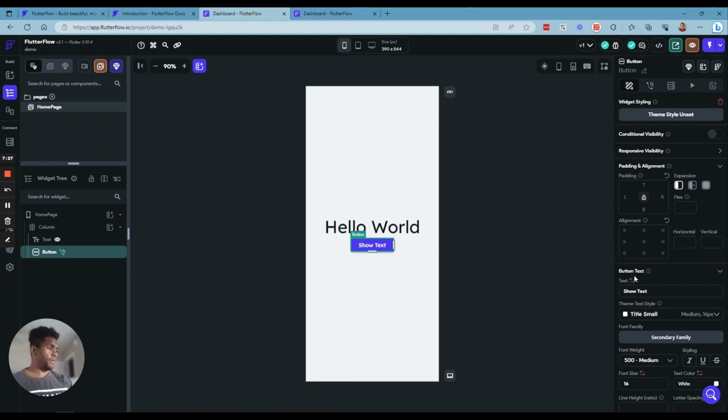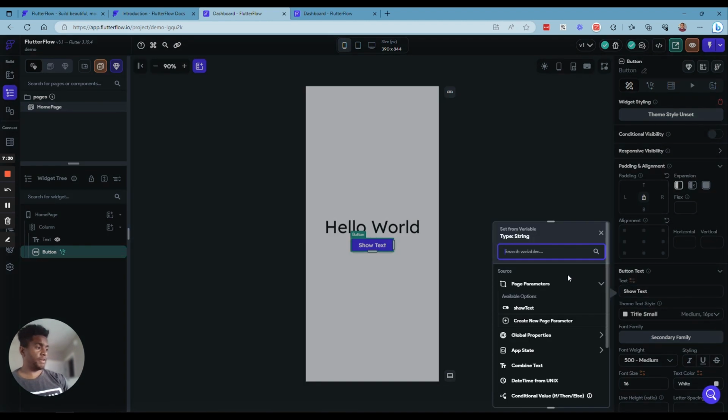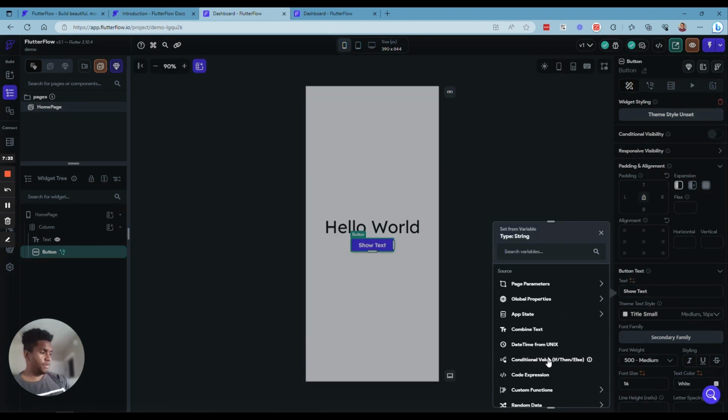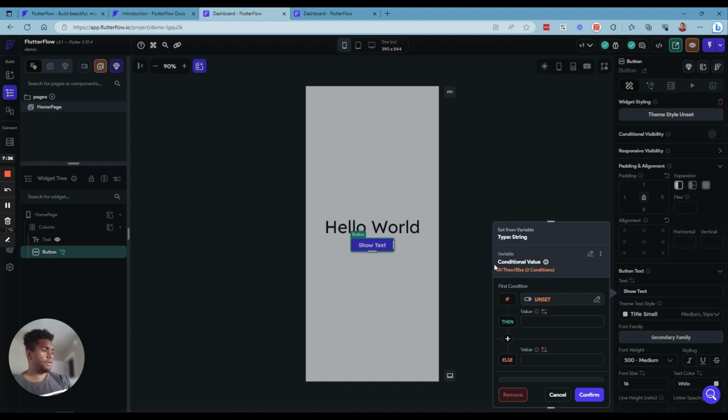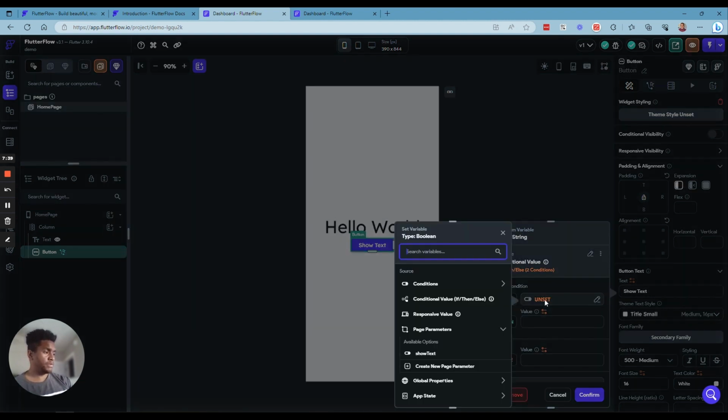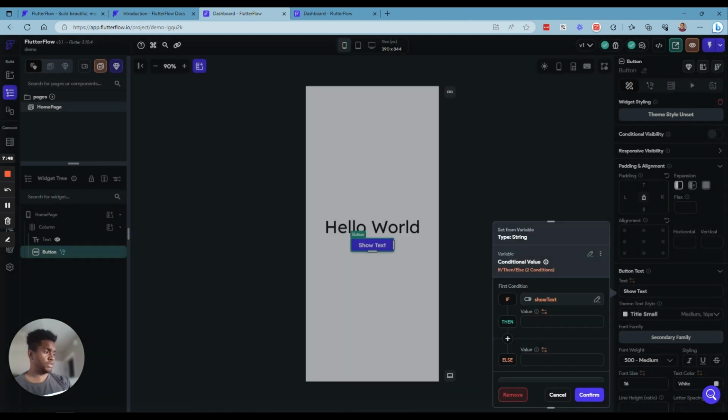And then how about we make this kind of like a variable here, because what I want to do now is use a conditional for the button text. So check this out. If, let's go with app state, if the variable show text is true, that means the text box is showing, then I want this to say hide text. Else I want this to say the opposite. I want it to say show text. So confirm,